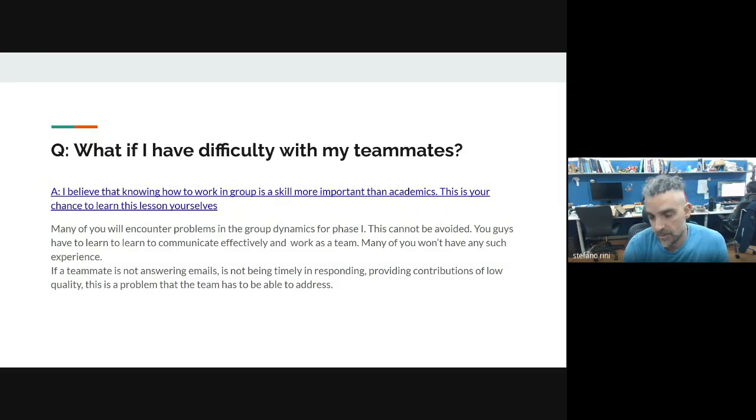A lot of people then have difficulty with their teammates. This is actually the biggest common experience among the students. Phase one is very tough, because some people know that they will drop the class by the midterm, maybe because they get some bad grades along the way. They get the feeling that they should focus on their other classes, and so they stop answering and stop being active, which is very unfortunate. When they do so, they don't tell us, so we keep assigning people to the teams, and then somebody says, "My teammate said they will drop the class." I apologize in advance.